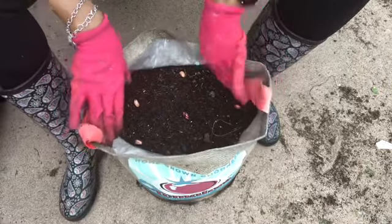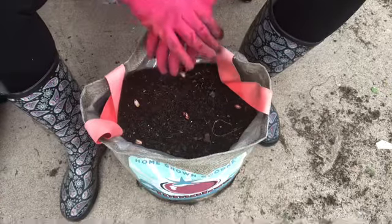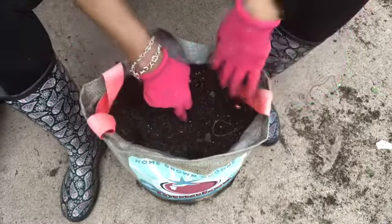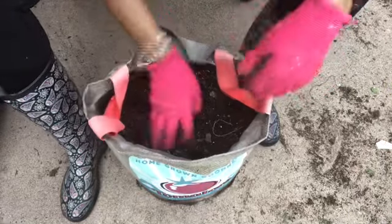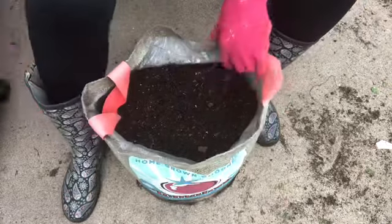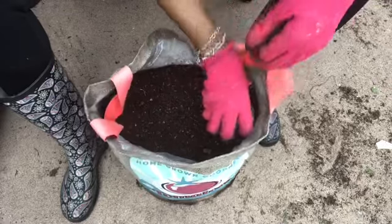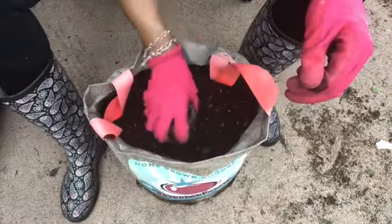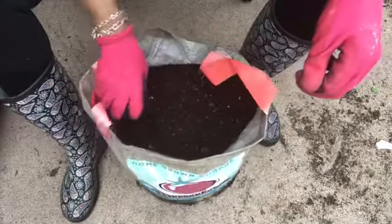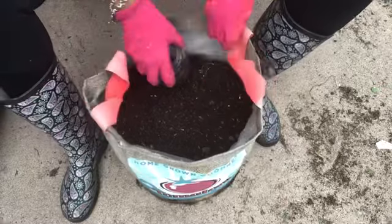Can you guys see? Just placing them in the pot, and I'm just going to do like I always do with everything that I plant. I go 2 digits down, so I'm just going to push them down 2 digits like so, and I'm just going to cover them up like so. And because there's a couple of wigglies in this pot, I am just going to take my glass recycled jar and firm them in. Just firming them in, making sure there are no air pockets and that the peanuts are firmly